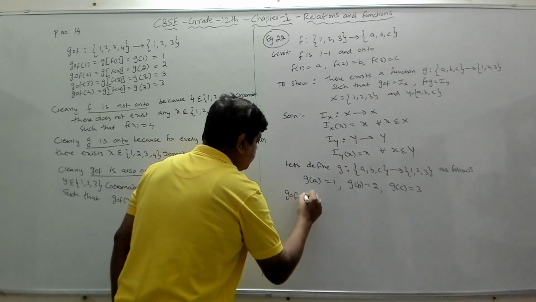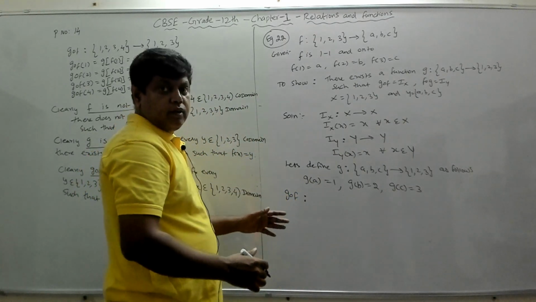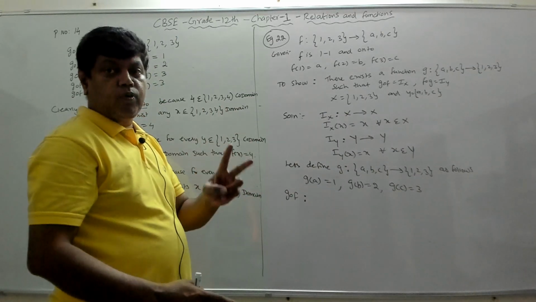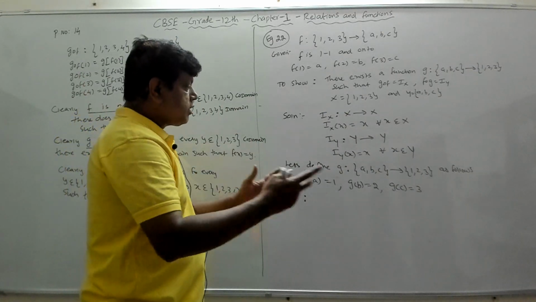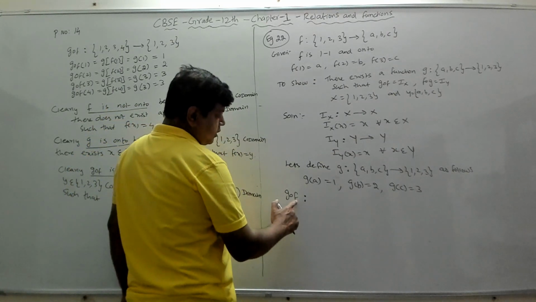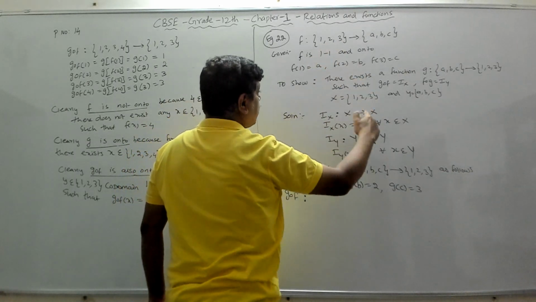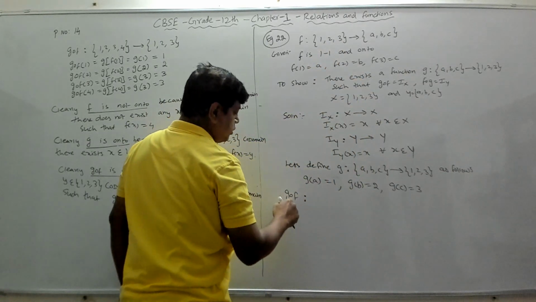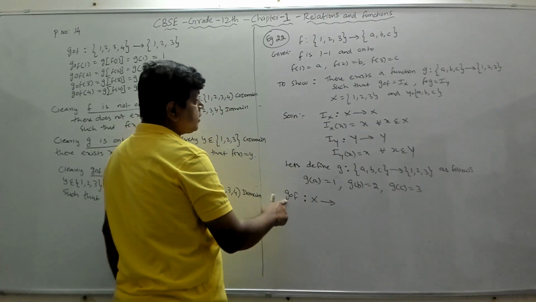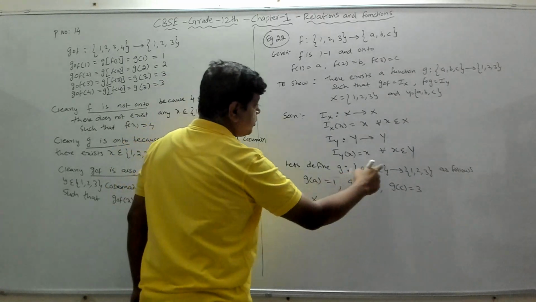So G of F will be a function from which set to which set. When we talk about a function, two things: one is the function is from which set to which set, the second one is the definition of the function. Right? So G of F is from which set to which set? It starts from the set F. F is starting from which set? 1, 2, 3. 1, 2, 3 is X. So your G of F is a function from X to where G set is ending. What is the codomain of G? It is to this set.